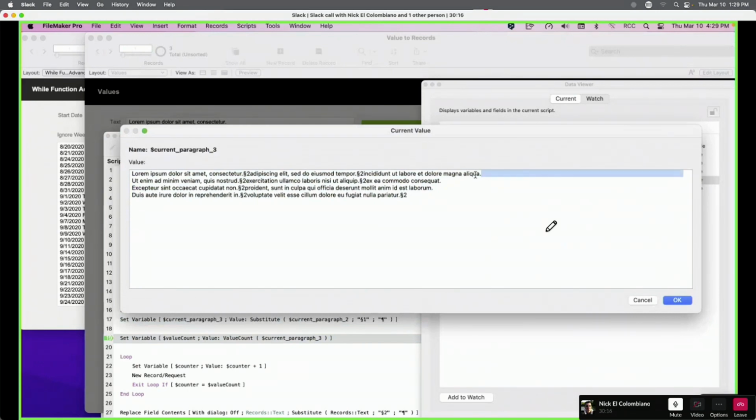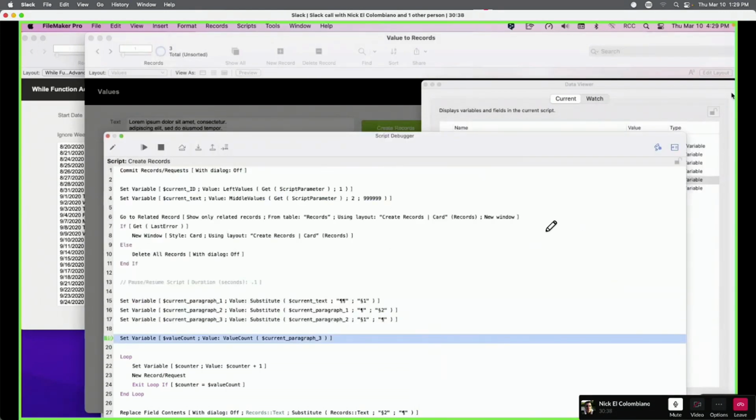That means this will be the first bullet point. This will be the second bullet point. This will be the third bullet point. This will be the fourth bullet point. But you can see I didn't lose the unique carriage return. I will take care of that later. But now that I have this, the current paragraph 3,